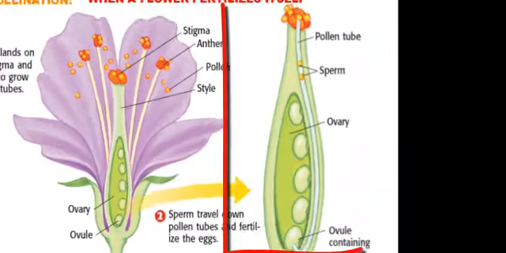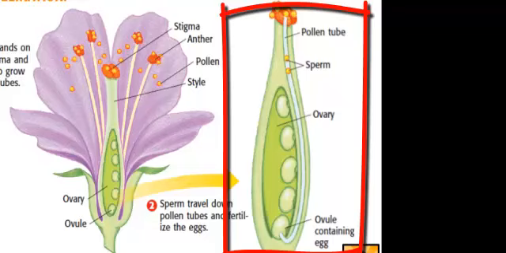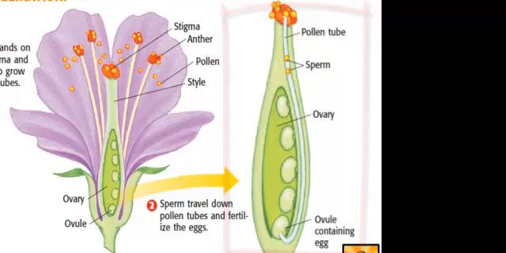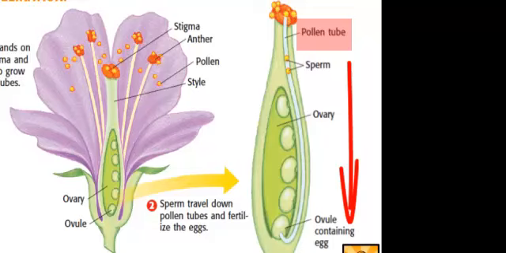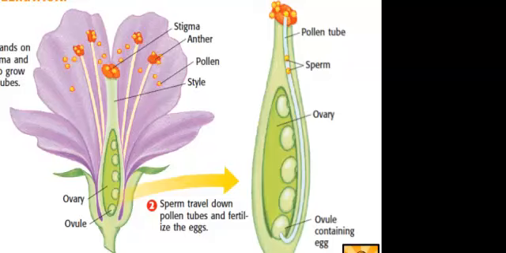Now if we take a look at the right here, the close-up image of the pistil, we'll notice that the pollen on the stigma releases the sperm and then starts to create a pollen tube all the way down into the ovary. Now, once the sperm gets into the ovary, it's going to go into the ovules and fertilize the ovules. Once the ovules are fertilized, the ovary will eventually become a fruit, and then the ovules will then turn into seeds. So by definition,